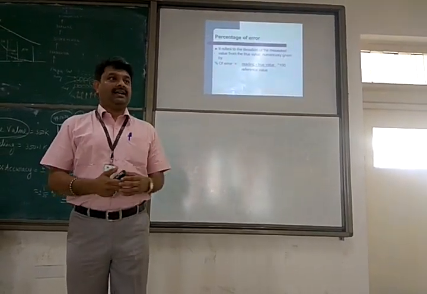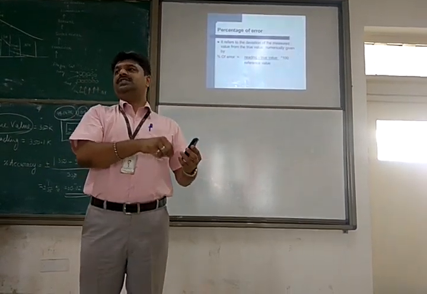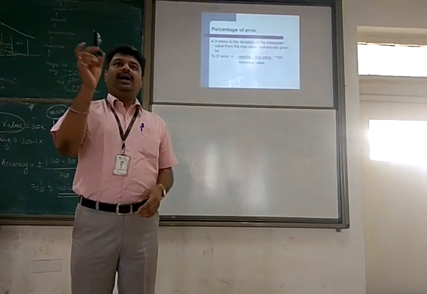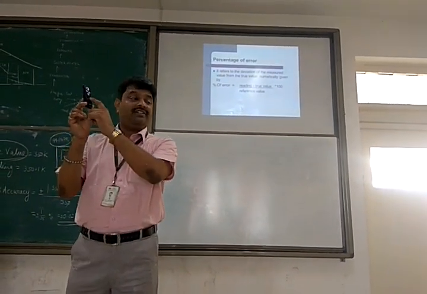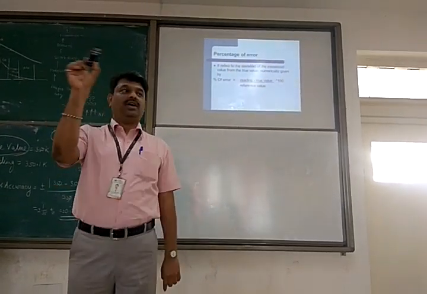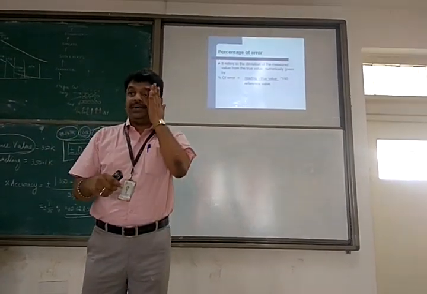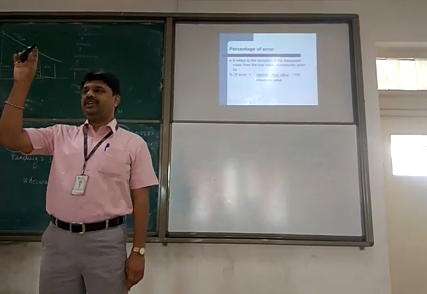That is the error in this particular measurement, in this particular reading that I have taken. This reading has that error. It is not the error of the instrument. Error is in the reading. So percentage of error is attached to the reading, and accuracy is attached to the device,